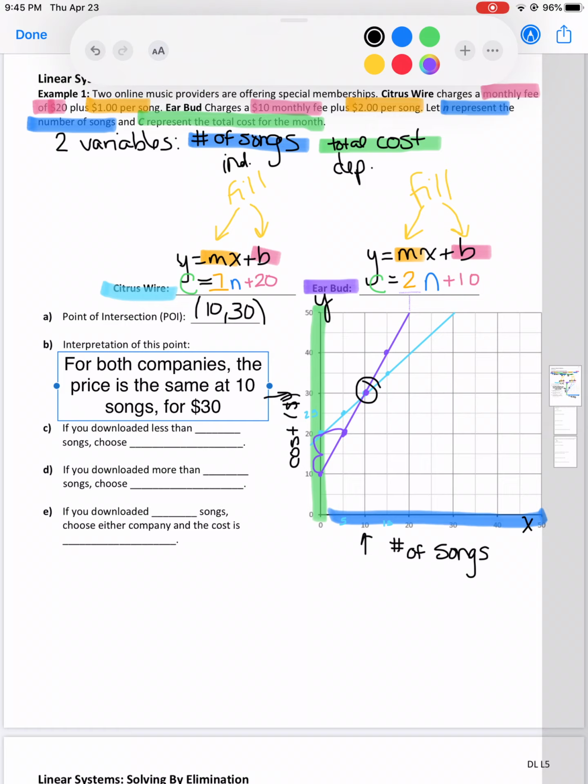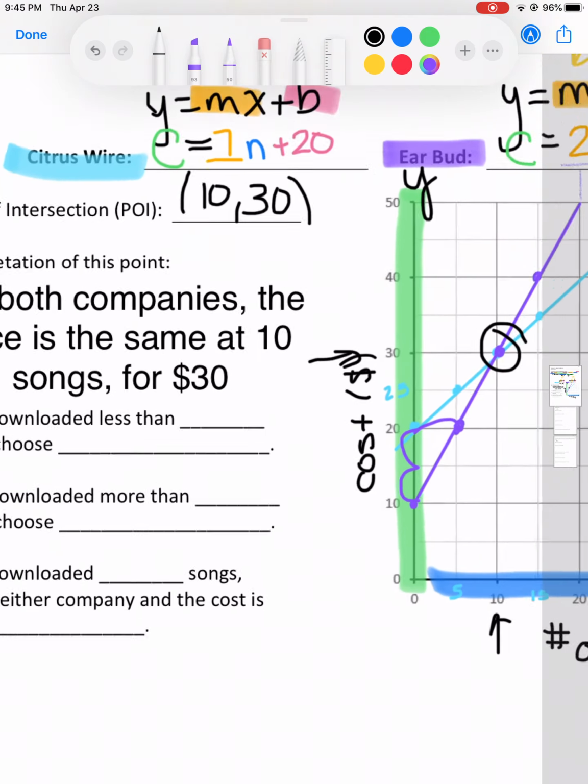So for both companies, the price is the same at 10 songs for $30. Okay, I know I could have said that better, but I don't care. So that's my point of intersection. That's what the interpretation of this point means. That means if you were to get 10 songs from either company, it'd cost you $30 from each. Okay? If you download less than 10 songs,